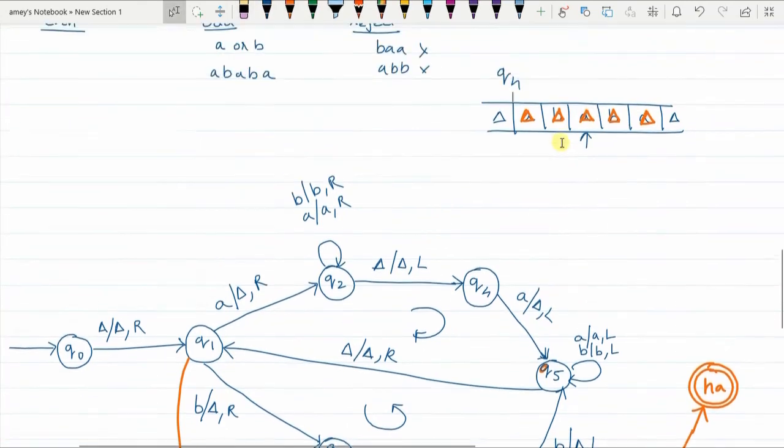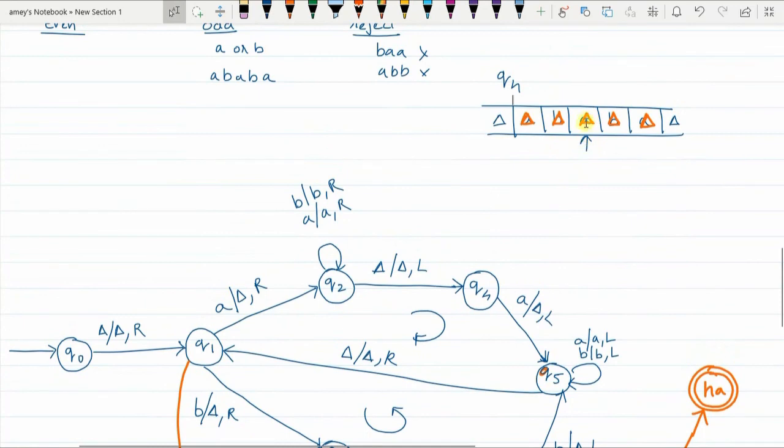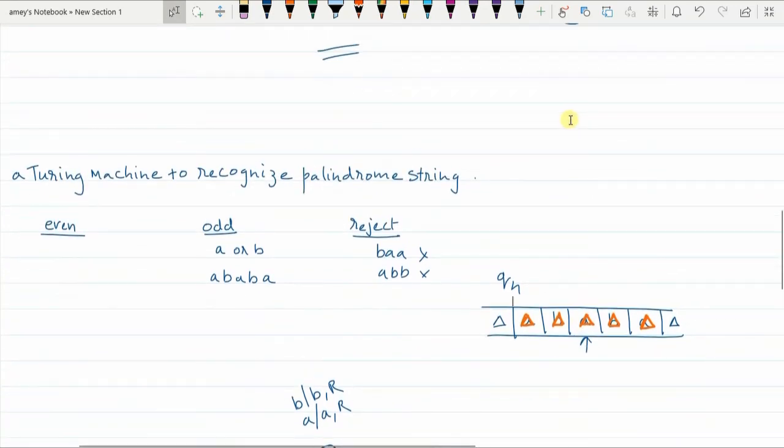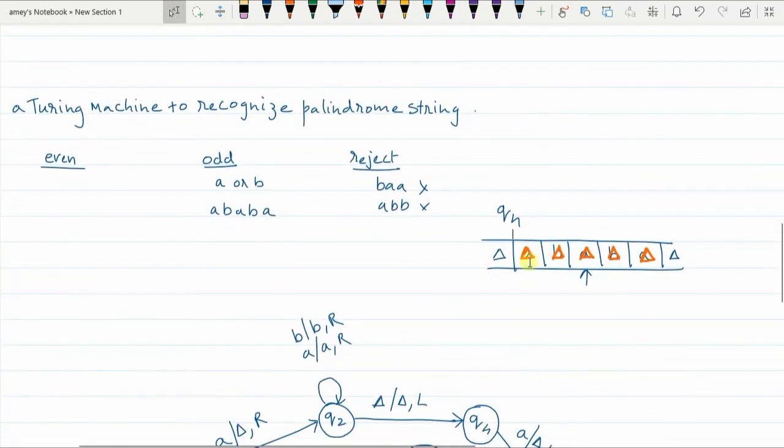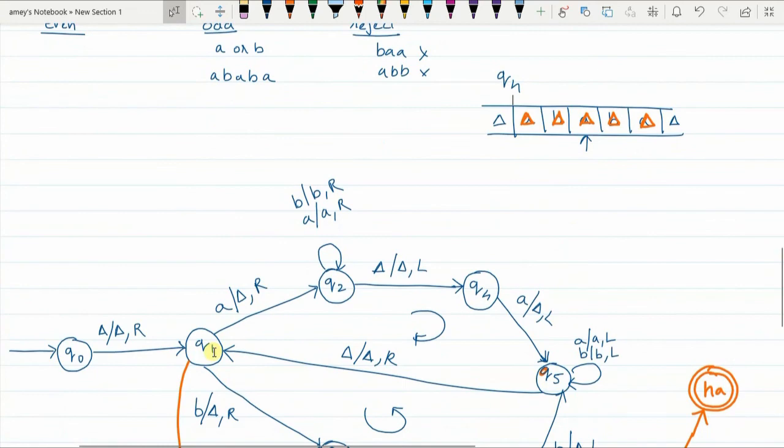Agreed? So what has happened? There was a single A here. If you consider the odd length string, for this A there was a matching A, for this B there was a matching B, but for this A there is no matching B, and that's why it is an odd length palindrome. Yet it's a palindrome, correct? So I started from Q1, A was encountered, that A I converted to delta and moved to Q2.